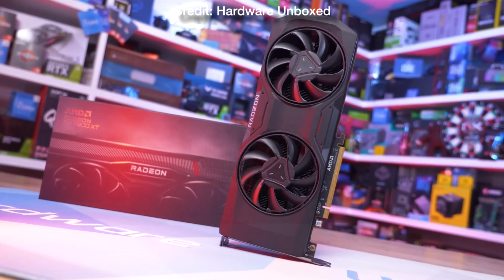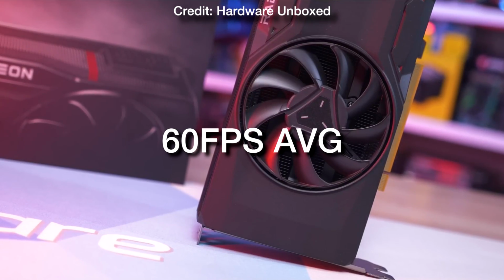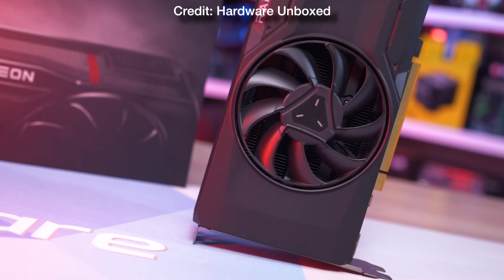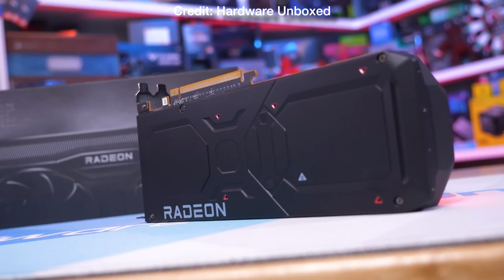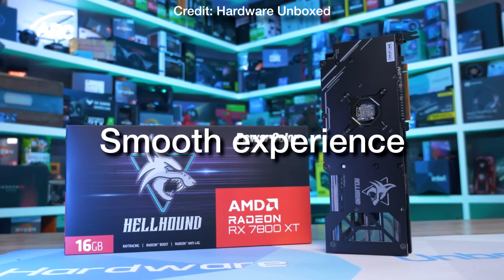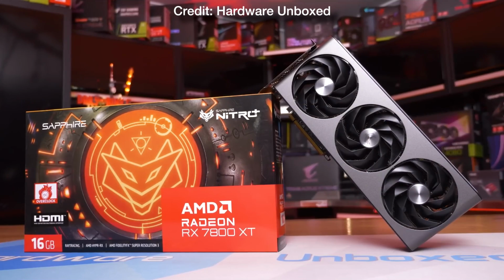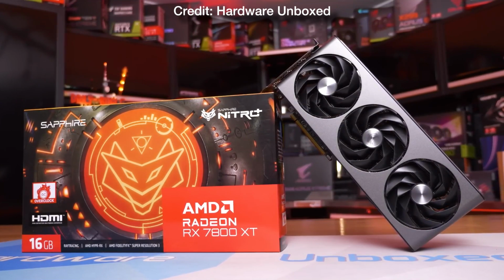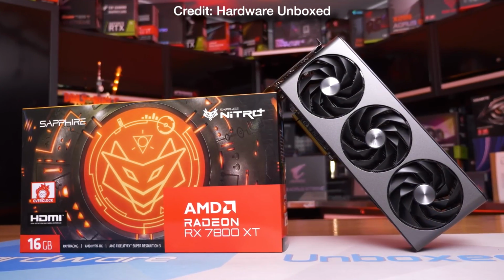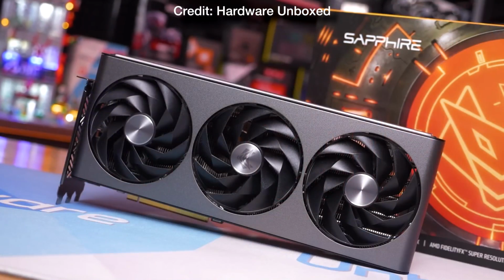So if you turn on FSR or you lower the graphics settings to high, you can expect 60 plus FPS on average easily, and especially if you want to play non-demanding games, the 7800 XT is going to be enough for those type of games and definitely capable of a smooth experience at this resolution. So it all comes down to the type of games that you play, but if you want to play high demanding games on ultra settings, then the GPUs I've mentioned throughout this video are going to be ideal for that